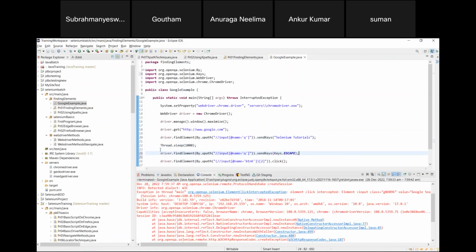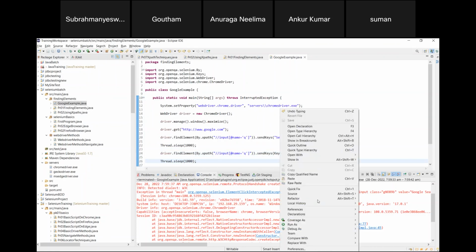We'll come to this at a later point, but I'm just showing you. Once it enters this, it shows all the suggestions, then it will press the escape key. Once the escape key is pressed, it will go away and then it will click on this button. Let me put a sleep after this escape also, then you will see it correctly. Now if I run this one,